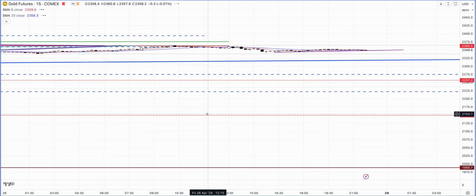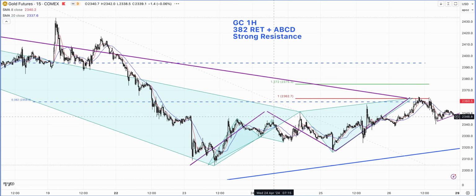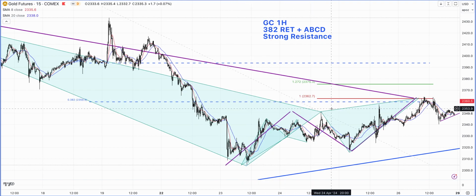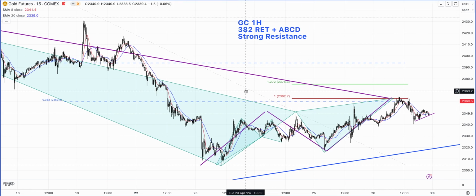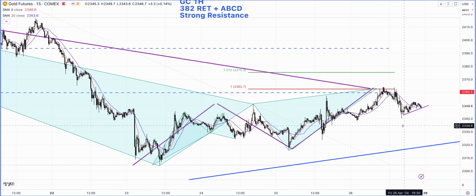So here we go. If we just move to the shorter term 15-minute chart, this pattern formation that you see, this colored formation, these triangles, is basically around here, around the 2360, a little bit above 2363 level. We have the ABCD completing and also the 38.2% retracement. Because the combination of 2 or more patterns or ratios coming together is always something we pay close attention to, because that is usually a stronger resistance or support level. We have also seen the market push lower.